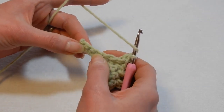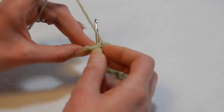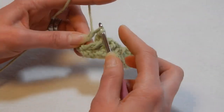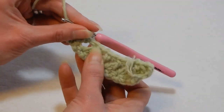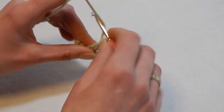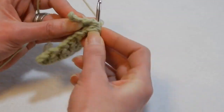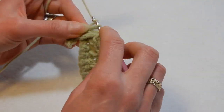So you're gonna skip the next stitch, and in the next stitch you're gonna do first the extended double crochet, and then we're gonna go back into this stitch here. So yarn over the hook, from the back you go into the stitch, pull up a loop and do the extended double crochet,